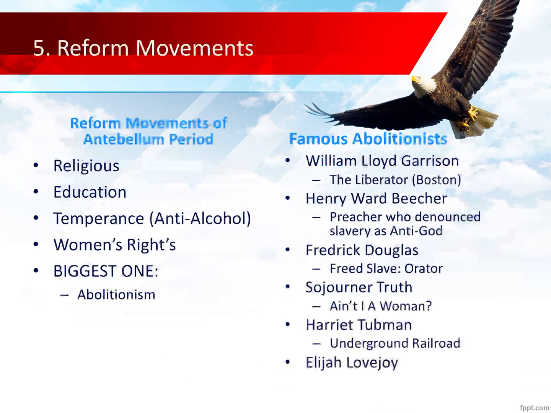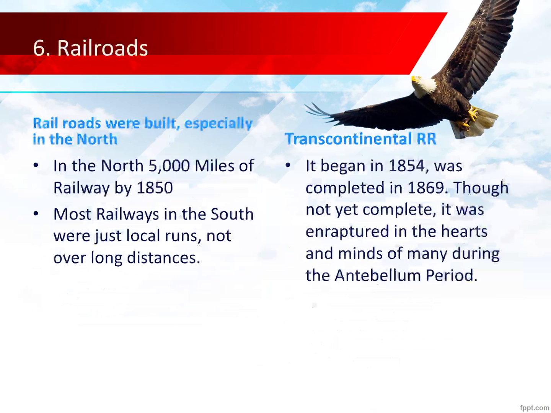For example, at the Seneca Falls Convention, which is like the first big major meeting of women to call for the right for women to vote, Frederick Douglass is there speaking on behalf of women to get the right to vote. Sojourner Truth and Harriet Tubman are former slaves who are calling for the rights of their brothers and sisters enslaved in the South. And of course, we already talked about Elijah Lovejoy and what happened to him in Alton with his murder.